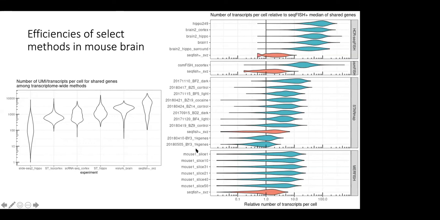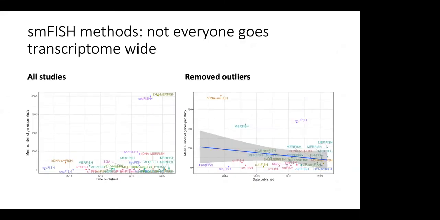So if this data is so good, how are people actually using it? Actually, now it's possible to use these single-cell spatial technologies to profile about 10,000 genes. However, not everyone goes for that, and most commonly it's only used to profile a select panel of genes. And